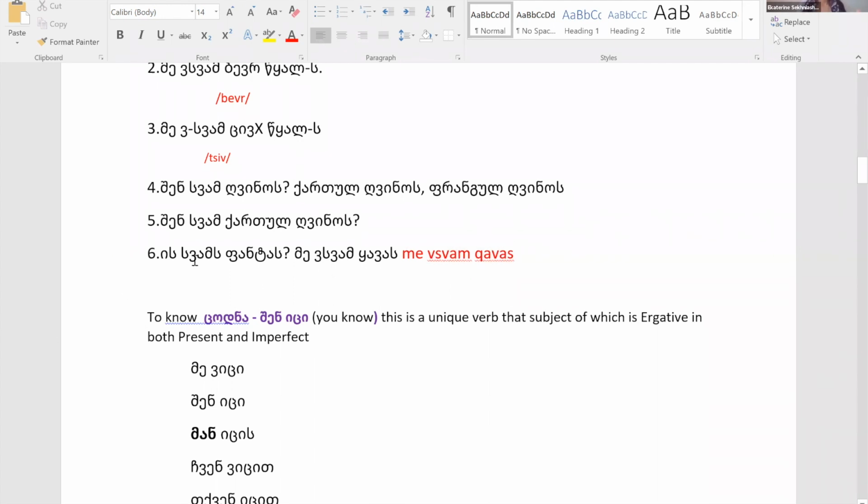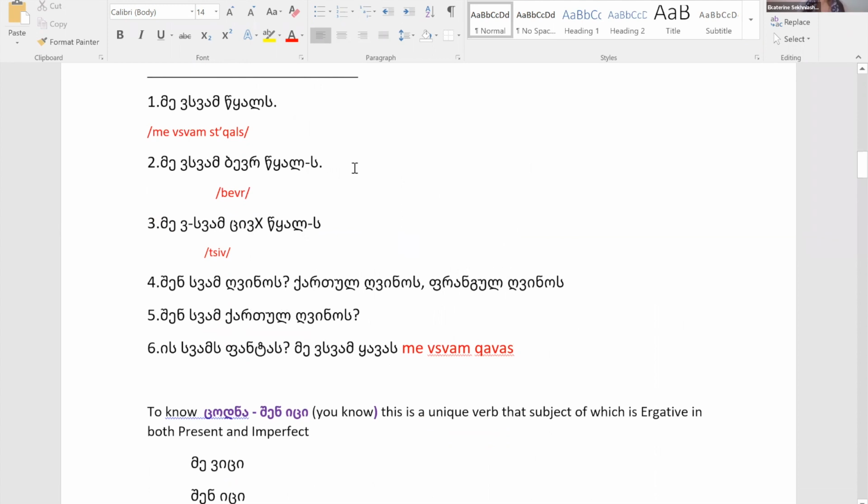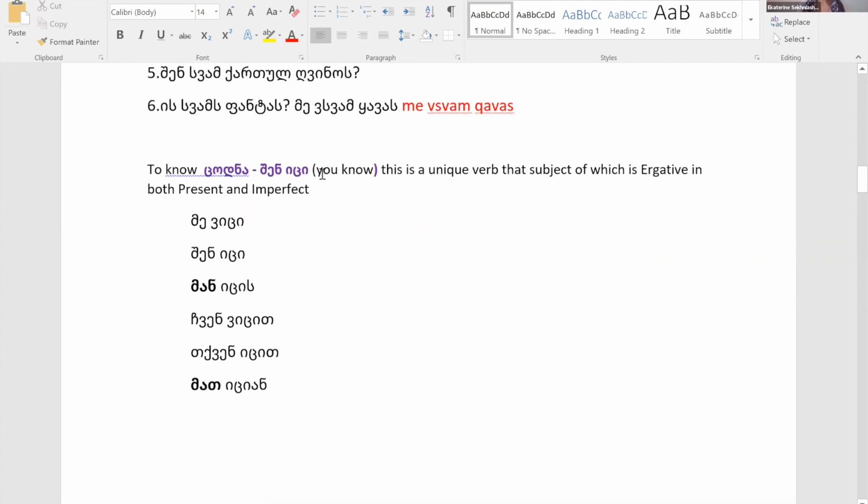So the verb, as I said, is not a verb of the first class, first conjugation, because it has all the signs and goes according to the pattern specific to the first class. The next is sodna for you, which is to know. As I said, it is an exceptional, unique verb in the language, because this is the only verb whose subject in the present takes not the nominative marker but the ergative case. And the ergative case marker in the case of nouns is either m or ma.